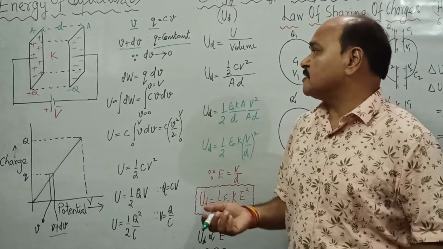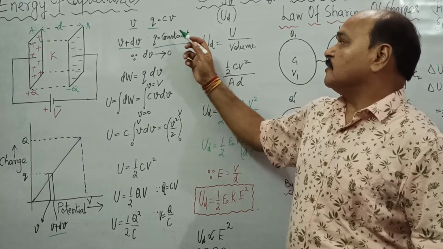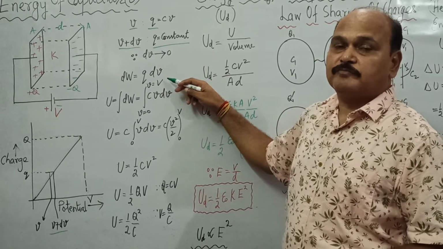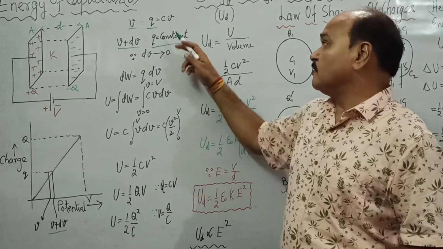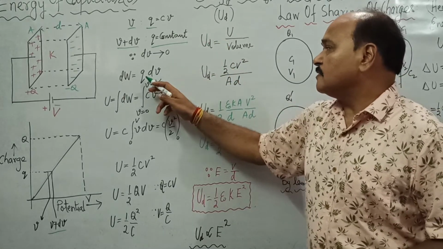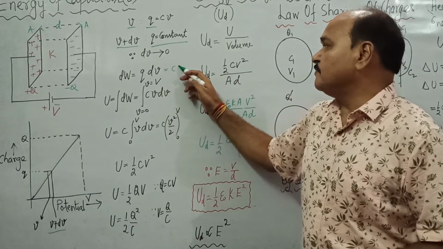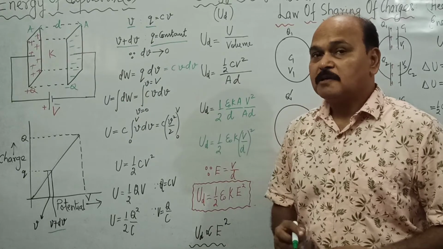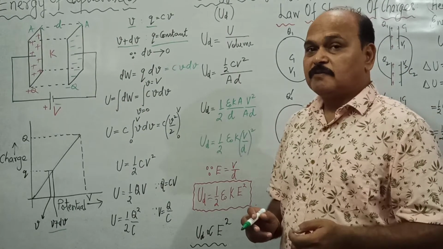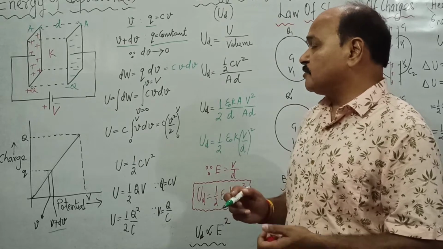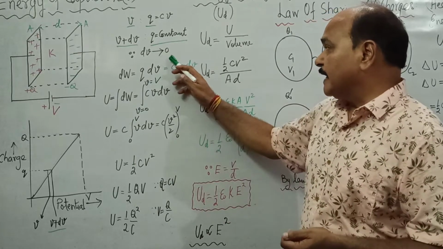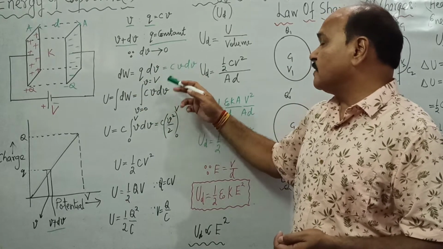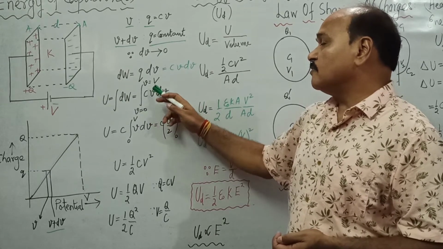So what is work done in the process? Work done in the process is going to be the constant value of charge and the potential difference dV the charge is subjected to. Well, Q is equal to CV. We substitute the value of Q as CV. What do we get? CV dV. So this is work done. This is a very small value of work done when charge Q is subjected to a potential difference of dV volt. Now, if we wish to find out total work done, we have to integrate it. Well, the variable here is potential, so we have to integrate it with the limit of voltage from 0 to capital V.